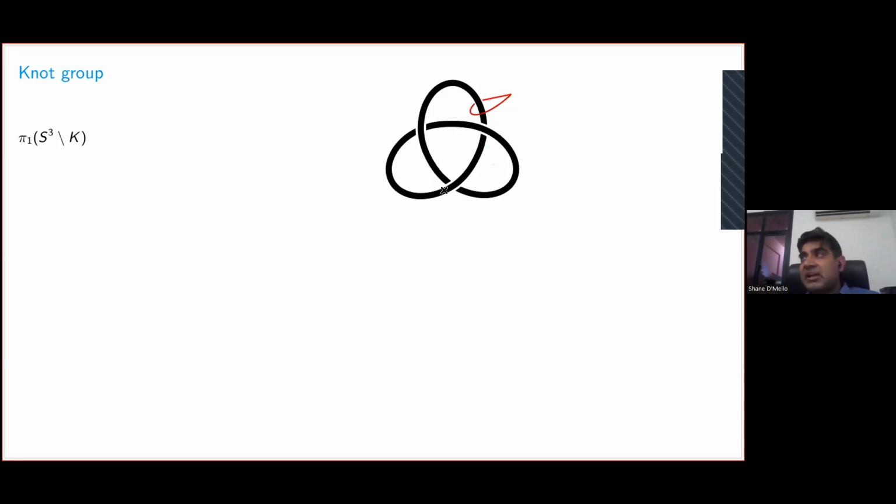Notice that if I did not have a base point, imagine a sort of a loop over here, I could have just moved the loop along the knot and brought it anywhere. I mean, I could have moved it anywhere and it could go across. I'll come to this point later, but it's suggestive of the fact that if you replace the fundamental group by the first homology, then